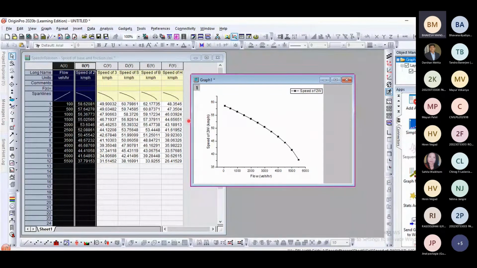So this graph is available here. Axis titles are also automatically there with the data and curve. The legend that we add in the comment reflects here. And if in the comment we don't write anything, then it will take the long name here.